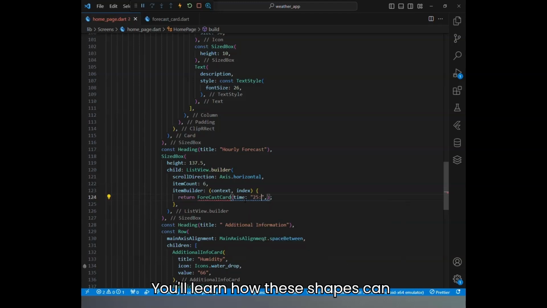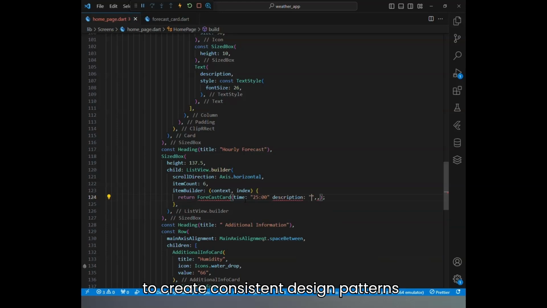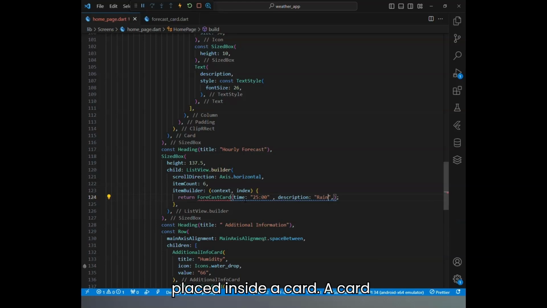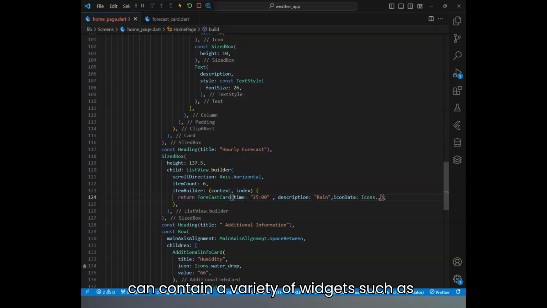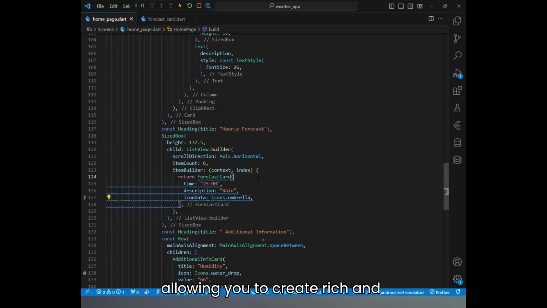You'll learn how these shapes can influence the user's perception of the content inside the card, as well as how to create consistent design patterns throughout your app. Moving on, we'll focus on the content that can be placed inside a card. A card can contain a variety of widgets such as text, image, icon, and button, allowing you to create rich